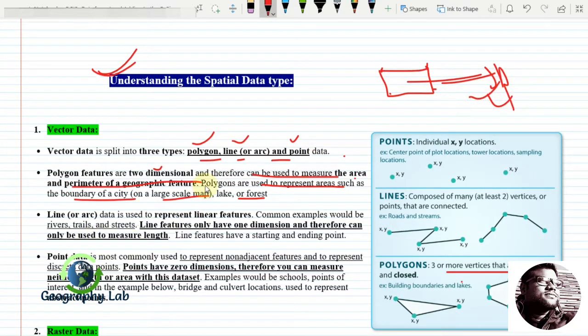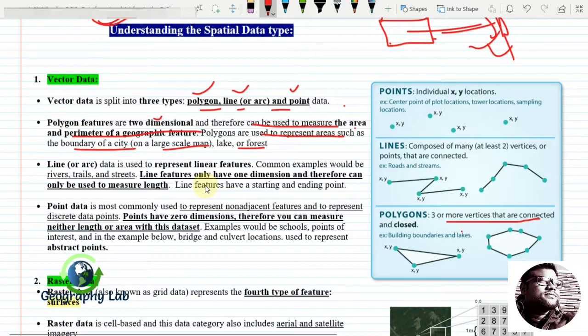So a polygon is a closed data type which has two dimensions, the area and the perimeter of the geometric features.